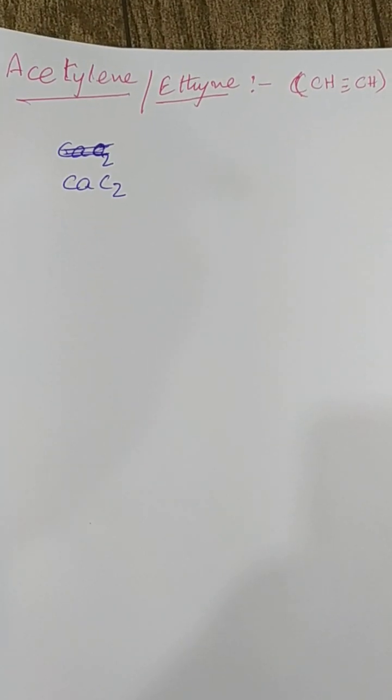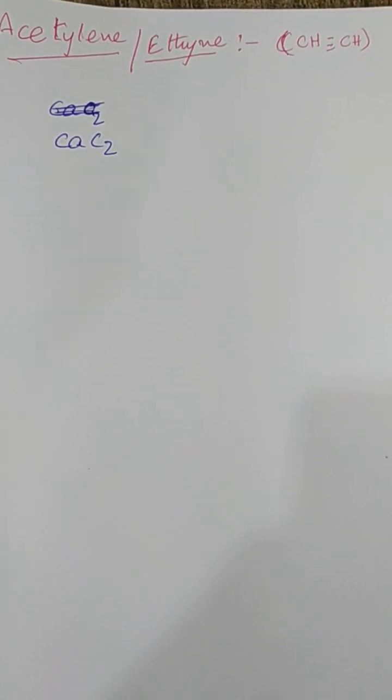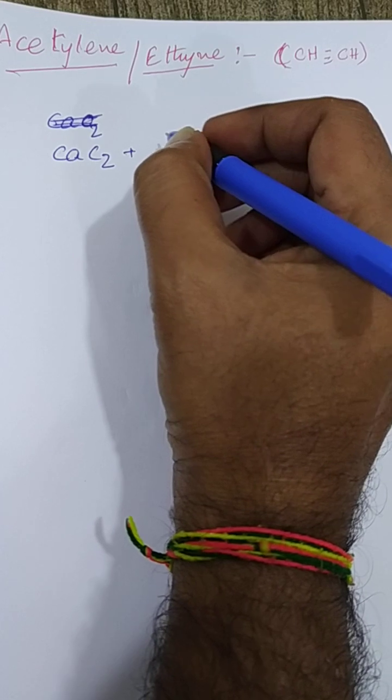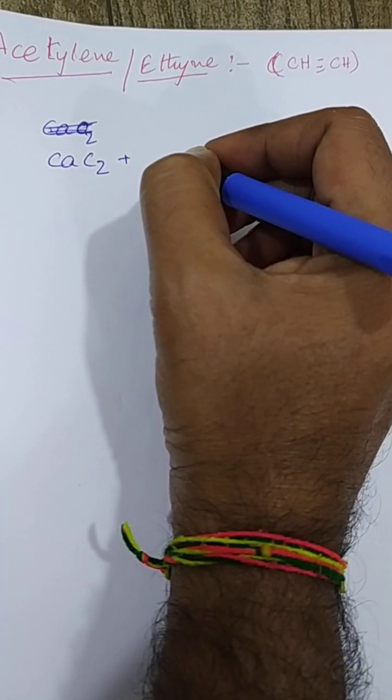Good evening, students. Today we are going to learn the acetylene preparation and properties. Basically, the simple laboratory method of preparing acetylene uses calcium carbide. This calcium carbide we use during the Diwali festival. While reacting with water, it makes a sound like a dub.